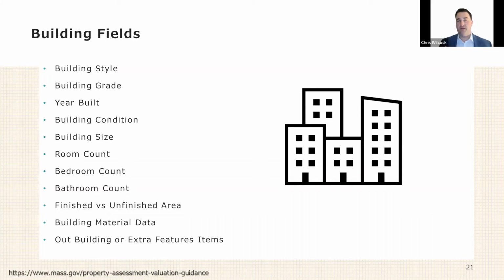Same thing with grading and condition. You want to have a conversation with anyone that's putting information into your system, so that when you talk about a high grade property in your jurisdiction, you're all talking about the same thing. When you're talking about a very good condition, as far as how it's been kept up over the years, the owner of the property is constantly maintaining it. It might be a 1960s house, but it looks like a brand new house. That would be a very high building condition compared to something that was built in the 1960s and had minimal changes, maybe just a roof, maybe some windows, and it is exactly what it was